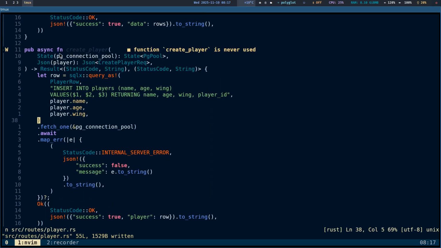We have a public async function create player. Then it will take two parameters. One is the state, which is a PG pool. The second one is the input struct that we want to take from the request body from your client, e.g. from your Postman or from your mobile app. So we have let row be equal to the SQLX query as, then we want to insert